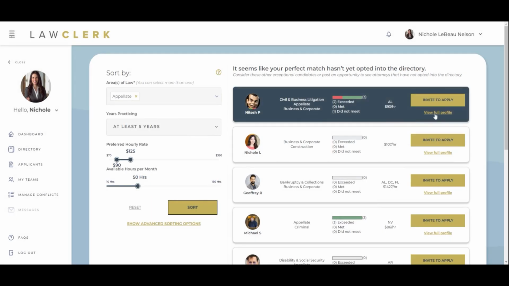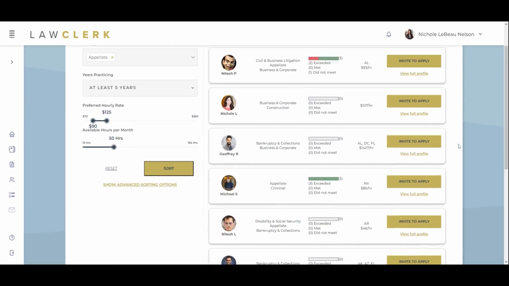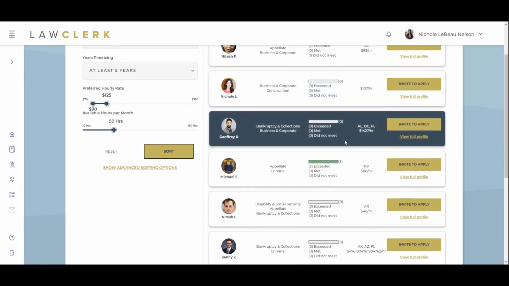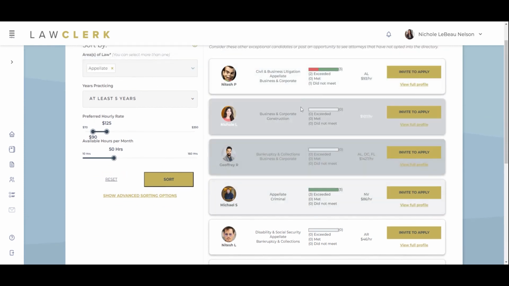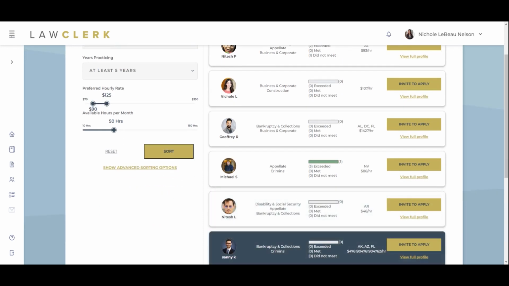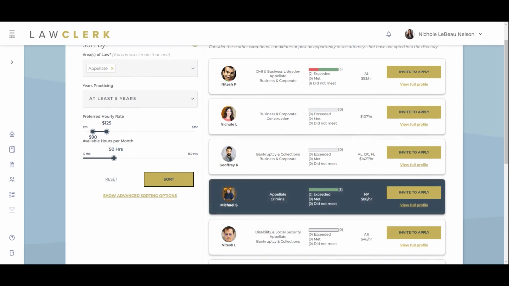Another way to view these associates before deciding if you want to invite them to apply is to view their full profile. Based on the parameters I selected, you can take a look at the associates that are available to work for you based on these specifics, and it's going to sort them in order based upon total years, their preferred rate, availability, a number of factors. But we're not going to exclude anyone from this list either,